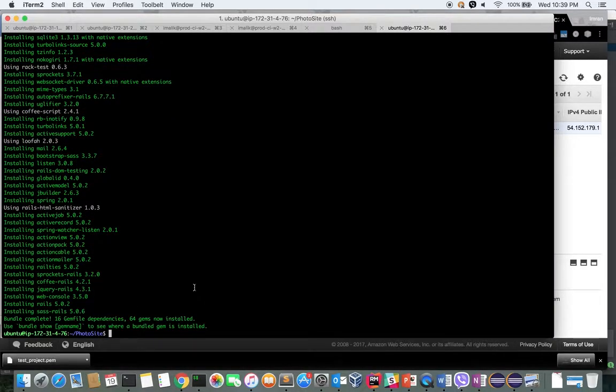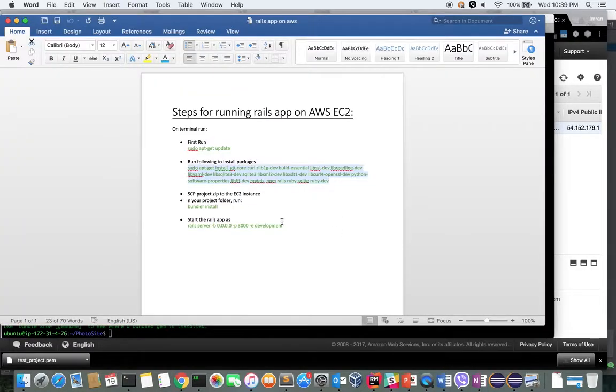Cool, all done. All my dependencies are installed. So finally, I can now go ahead and start my project.